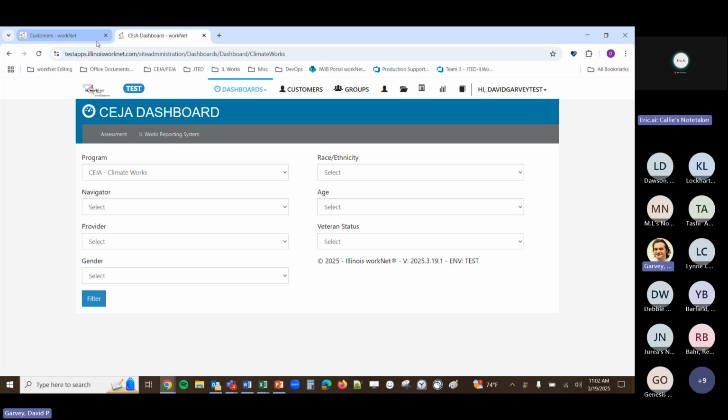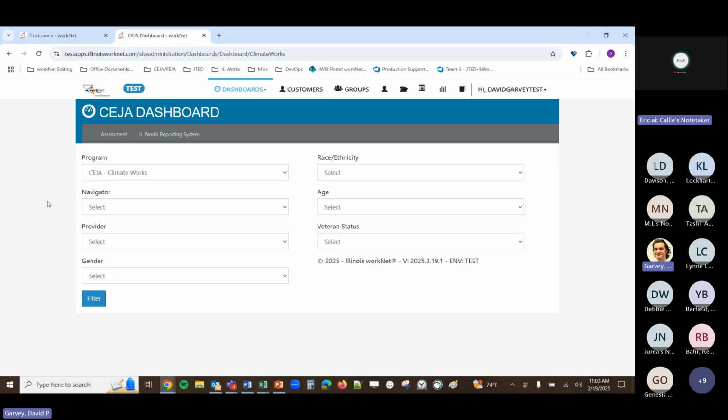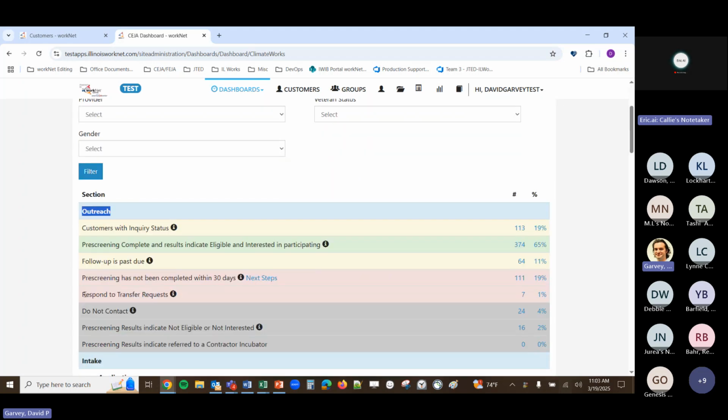So when we're logged into CEJA in the dashboards, we'll select the drop down and then CEJA. And I'm logged in so I'm going to see everybody. But when you filter the dashboard and get that table shown here, under outreach, we do have a row, respond to transfer requests.